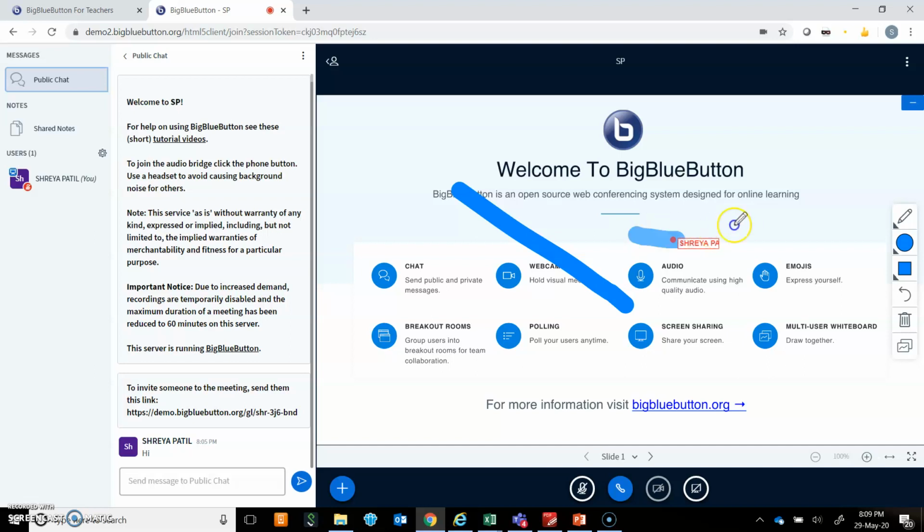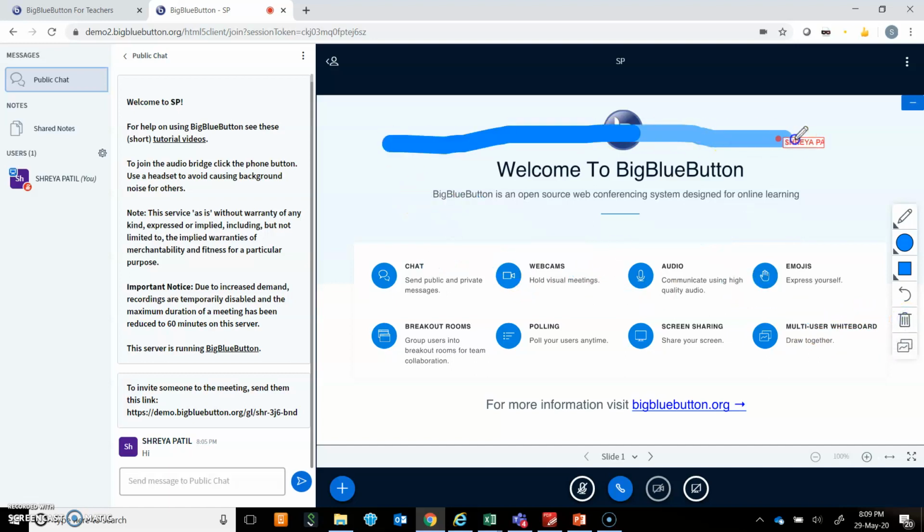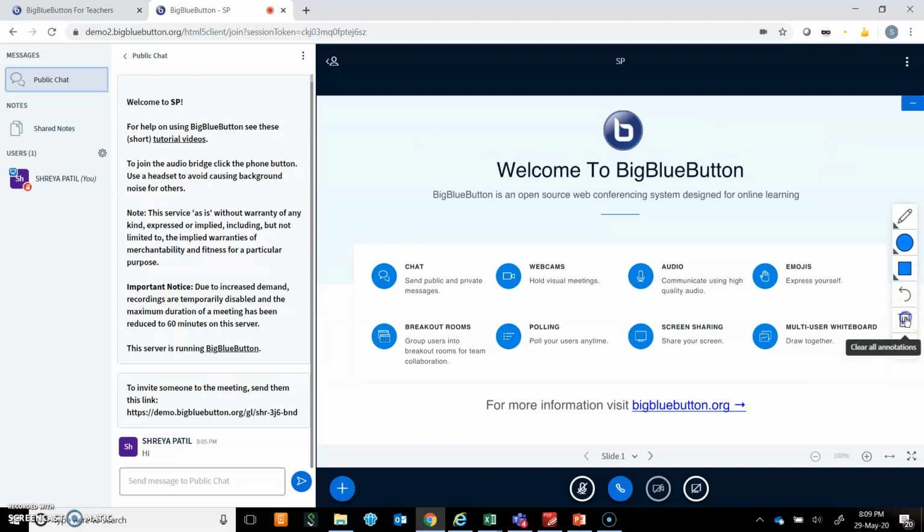Whoever is making the changes, the name will appear near the pen. So in a collaborative learning process, I would understand who is collaborating at a particular time and what is contributed by whom. This is quite a different and important feature of BigBlueButton.